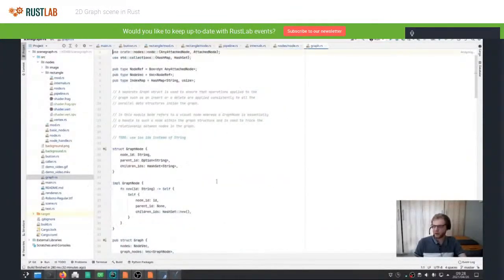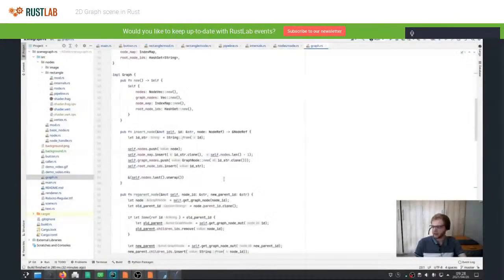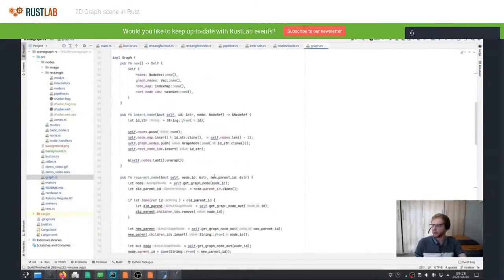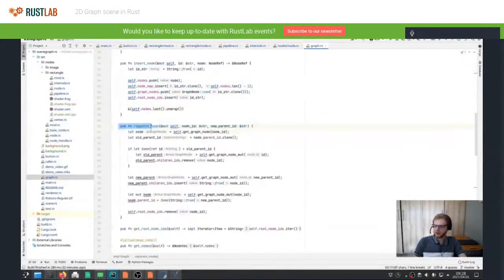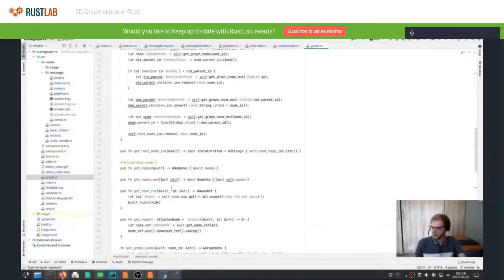Yeah, there's a lot more code in here. I really don't have time to go through all of it. I'll just quickly scan through the scene graph as well. You see, when you want to create a node, you need to insert it into the scene graph, and then it registers it everywhere. And to set the parent of a node, you also need to go through the scene graph so that it keeps consistency of everything.